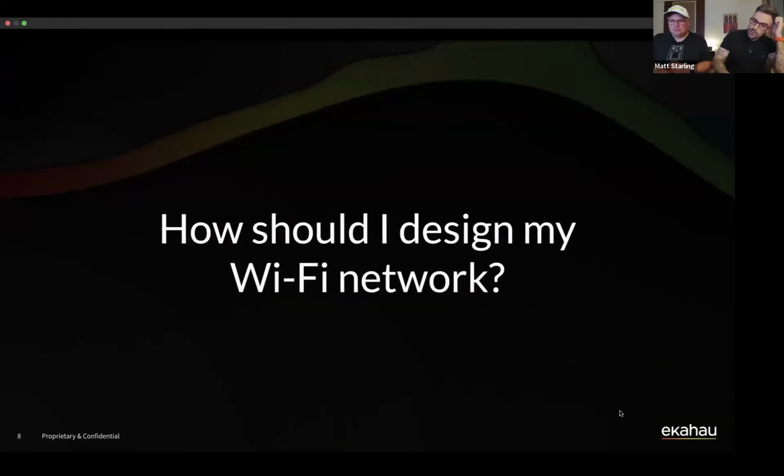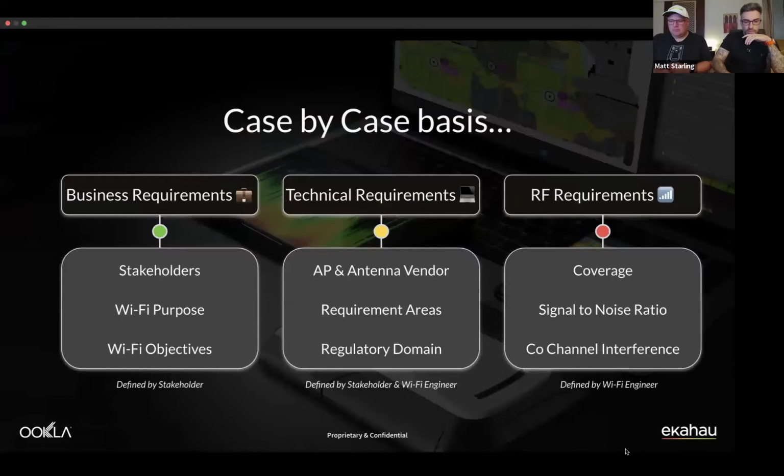You might ask yourself, well, okay, I know I should be redesigning my Wi-Fi network, but how should I be doing it? Well, the answer is it's always on a case-by-case basis. There's never one size fits all when it comes to a Wi-Fi design or a Wi-Fi deployment. You should always go through a set of questions with your stakeholder to really understand what the requirements are for this particular Wi-Fi network, because even with the exact same multi-story building, and maybe just two offices with pretty much identical layouts, what company A might want on floor 5 will be completely different from what company B wants on floor 4.